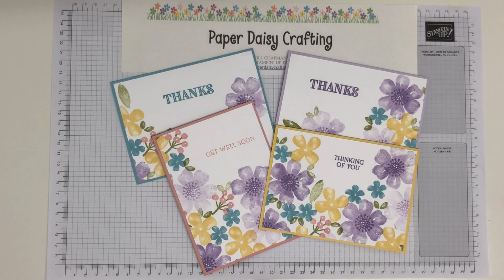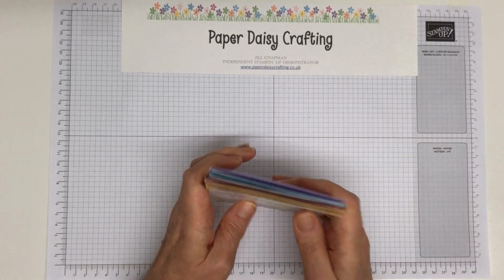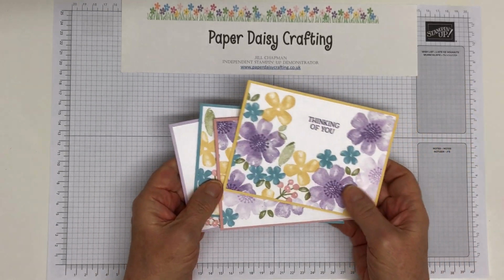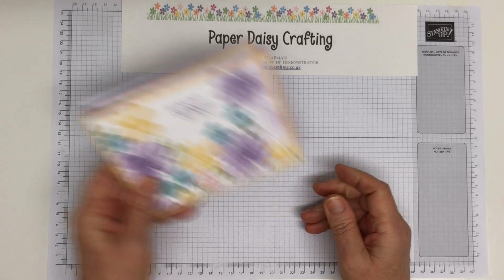It's a very quick way of making a whole stack of cards, and as you see, you can use whatever messages you like on the cards, and it makes quite a pretty project, and it would actually make quite a nice gift to package these all together to give to somebody. So I'm just going to show you how to do the one sheet wonder. I'm going to show you how I stamped my sheet of A4 cardstock and how to put the cards together. So let's start